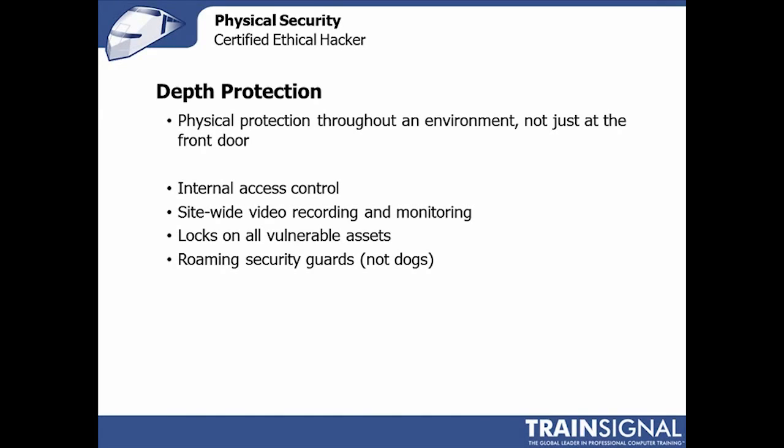Remembering that perimeter protection is what keeps an attacker from actually getting anywhere near an asset, depth protection is what keeps an attacker from getting too close to an asset even when the perimeter has been breached. What this means in practicality is not just having locks on the front door and back door, or not just having some type of access control at the very beginning of a process, but actually having thorough access control throughout a system, meaning things like internal site monitoring, video, watching inside logins, or having multi-factor logins, having man traps, or